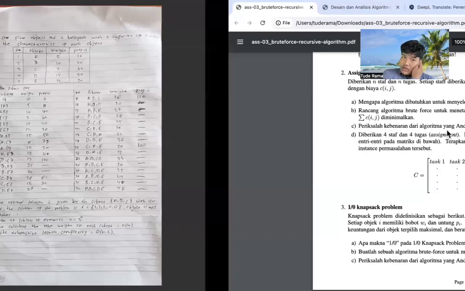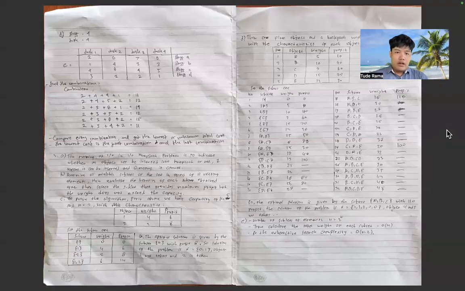I choose the costs like this. For staff A: task 1 is 2, task 2 is 6, task 3 is 7, task 4 is 9. Staff B: task 1 is 1, task 2 is 4, task 3 is 3, task 4 is 3. Staff C: 4, 8, 4, 5, and staff D: 3, 2, 2, 1.